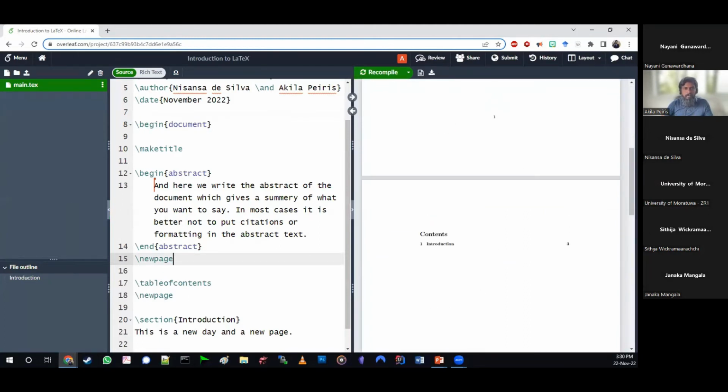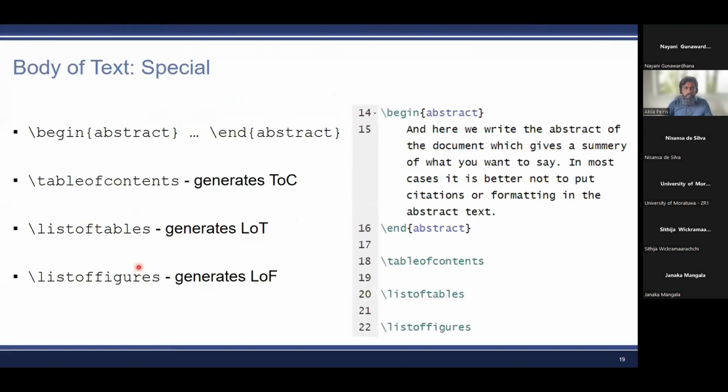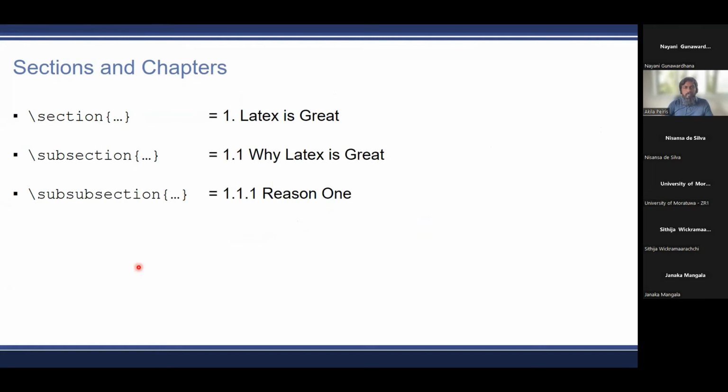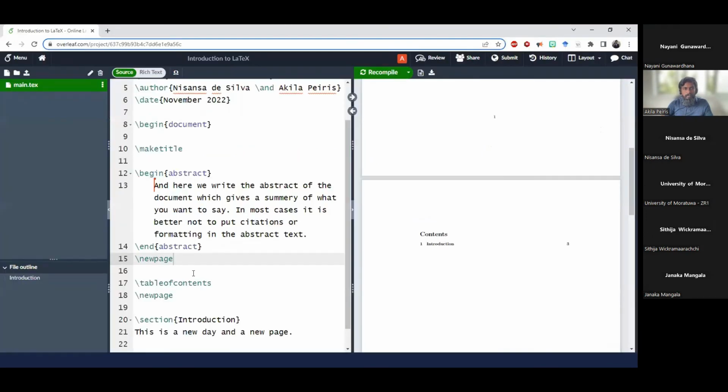Okay, now let's move on and try to put some titles and subtitles, sections, and so on. Right now, introduction is a section. We can also put subsections and subsubsections, and it can go up to several levels of depth. So now, before moving on to the appendix, Mr. Akila, let's add some sections. I would suggest you add the related work section, and I am going to add the methodology section.